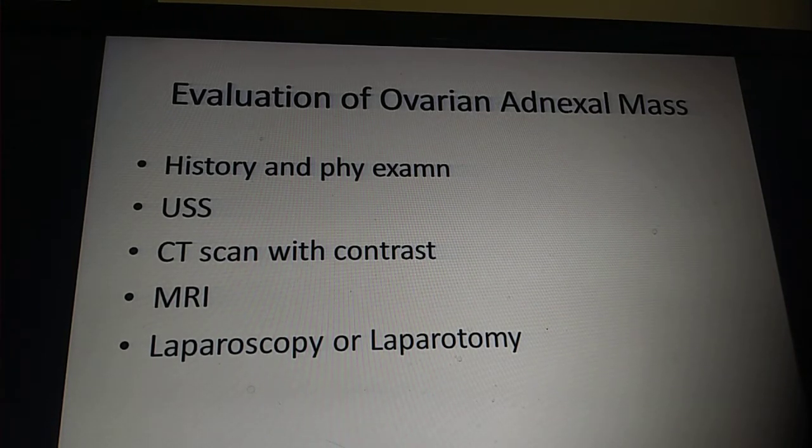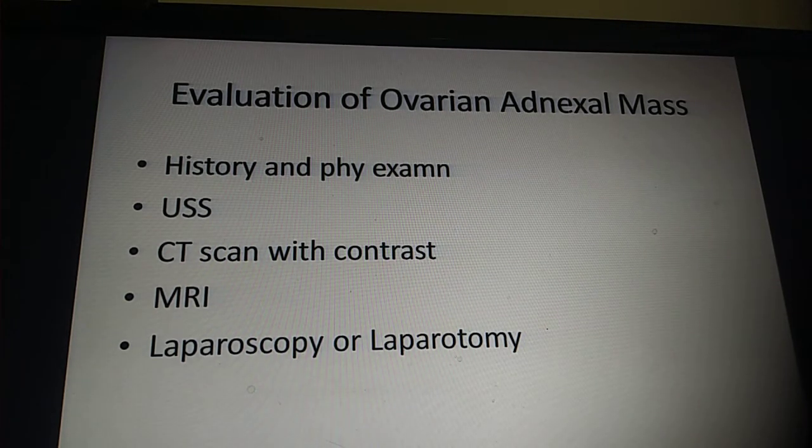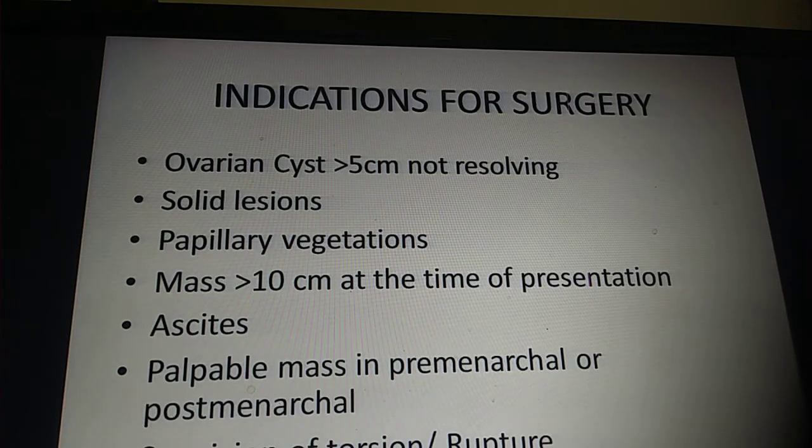In general examination, what is the one specific feature that you look for, other than weight loss, weight and BMI? The other feature is left supraclavicular lymph nodes, which can rarely be enlarged in ovarian malignancy. After your history and physical examination, what is your next step? Ultrasound, CT scan, contrast, MRI, and laparoscopy or laparotomy. And of course, there are tumor markers, which must have been taught to you already in your malignant ovarian tumors class. That is what helps you distinguish between benign and malignant ovarian masses and plan further management.